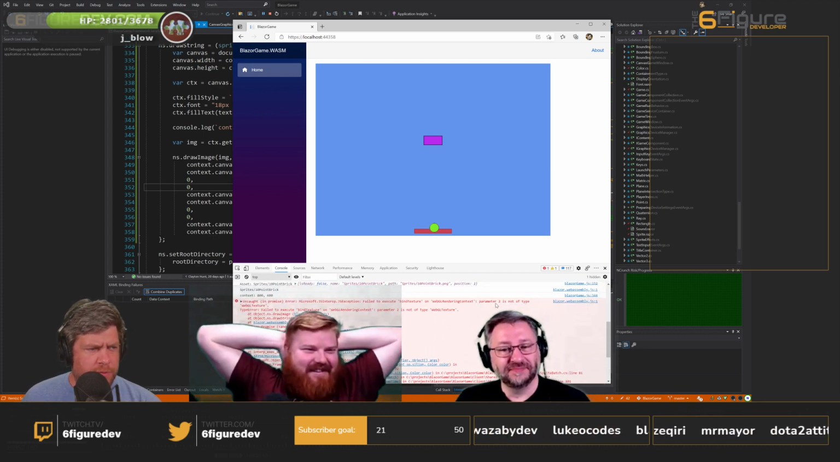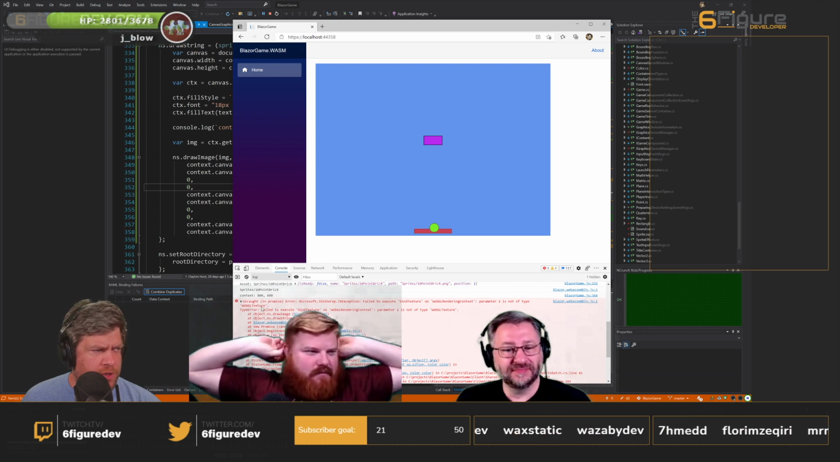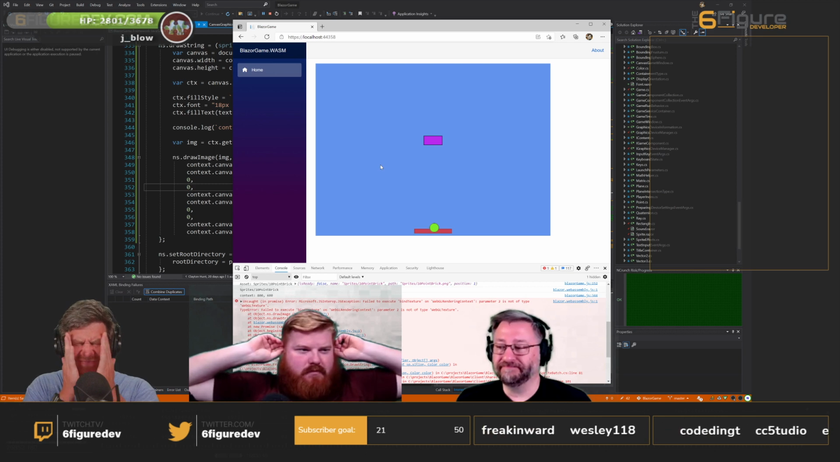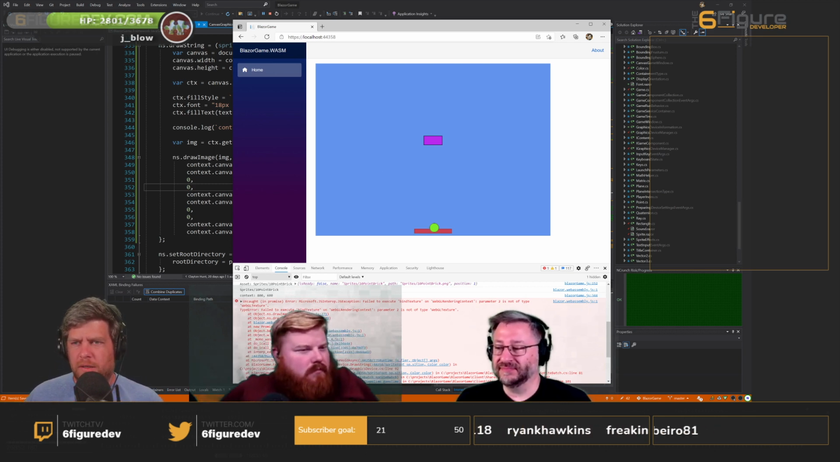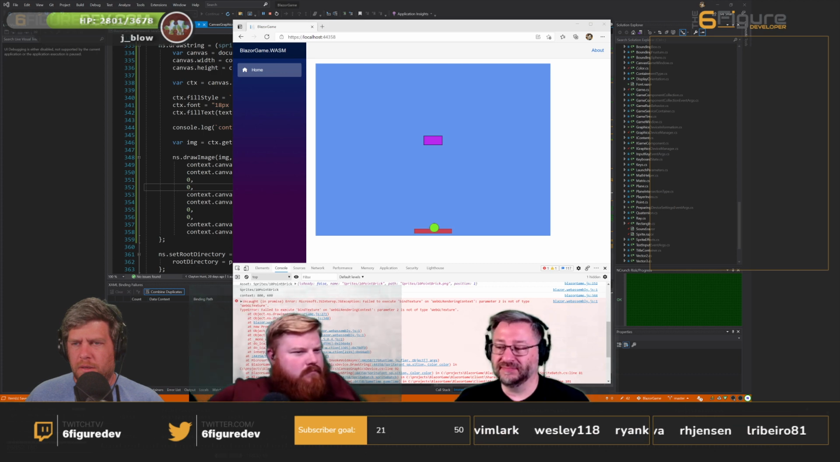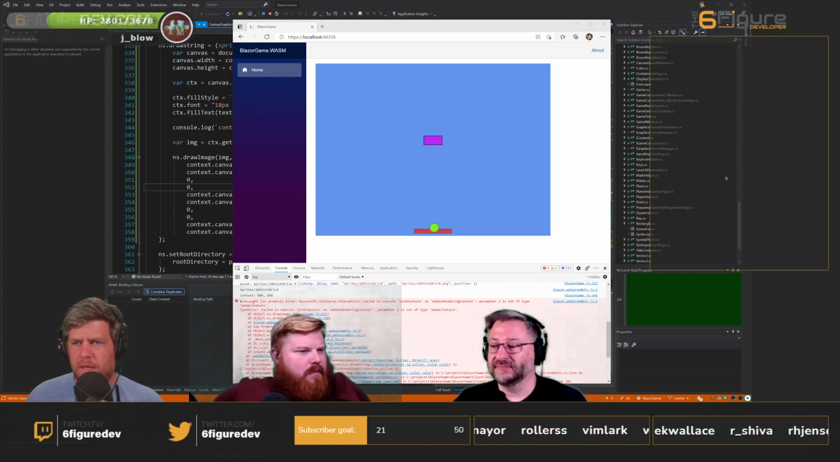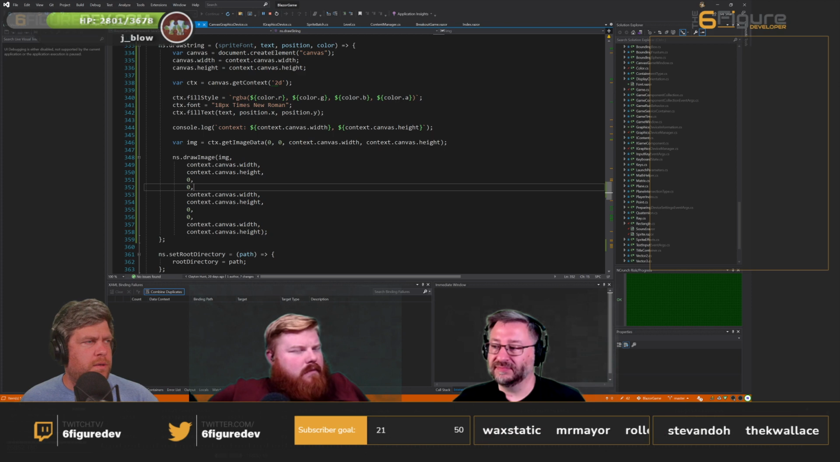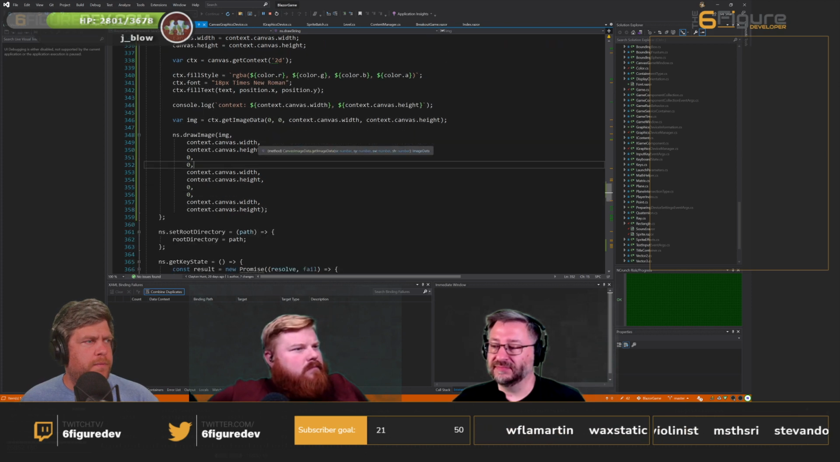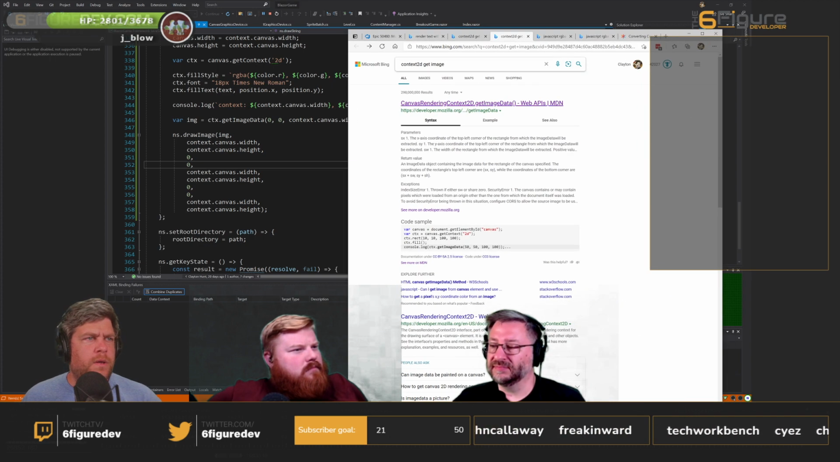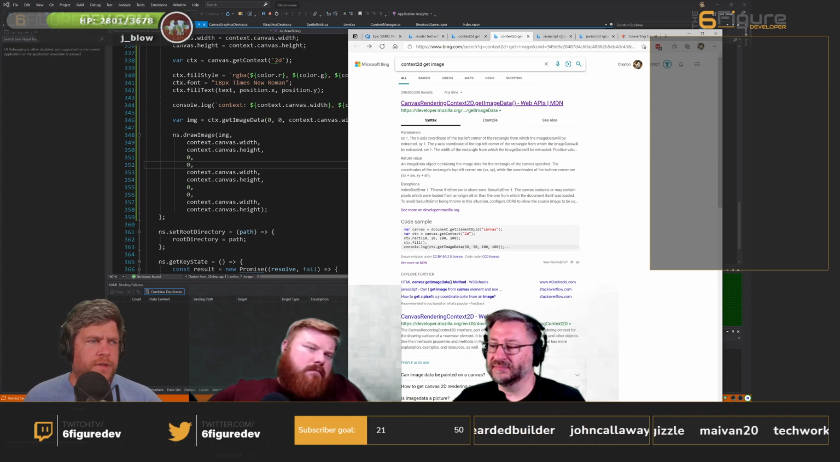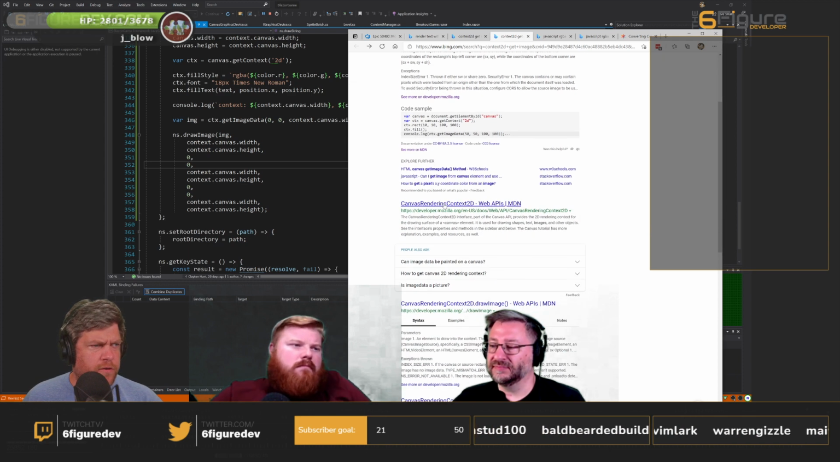WebGL rendering context parameter 2 is not of type WebGLTexture. Of course. How can I get that? Oh, well, you know what? Instead of get image, yeah, well, I'll just say get image, and that's going to give me